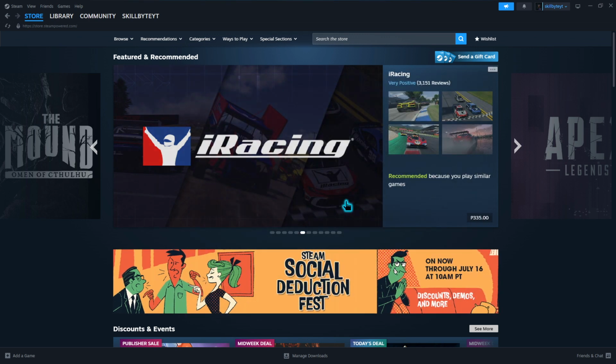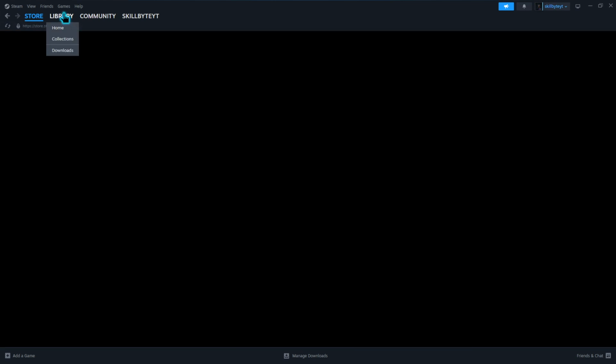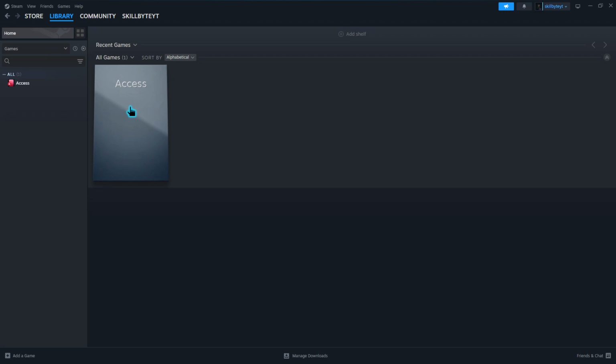Once you've selected the correct file, or checked the right program from the list, click Add Selected Programs to finish. After that, the game will appear in your Steam library like any other title. You can always rename it or customize how it appears later, but the main setup